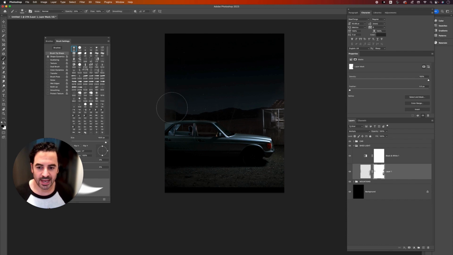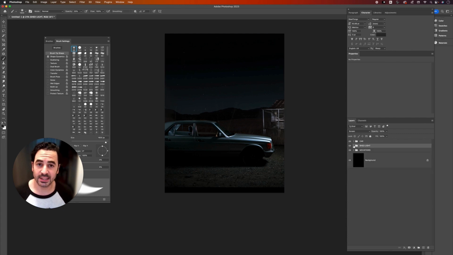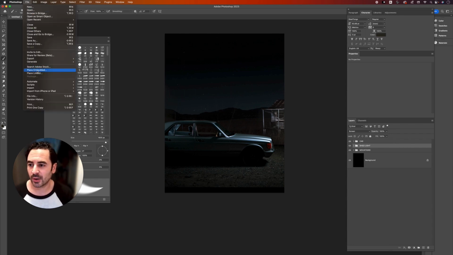All right, so I'm just adding a little bit of light here on the sides. Not too much. Something like that looks pretty good, just to bring a little bit of detail out of the lighter parts of the shed. Now let's return to the File menu